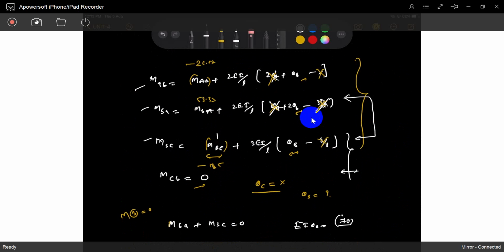So now you see, we have reduced the indeterminacy from 2 to 1. How can we eliminate the requirement of theta C? We eliminate the requirement of theta C based on the slope deflection equation. How can we write it? The modified slope deflection equations are these two. How to modify? We reduce. We delete the fixed end at the farthest end. We relate the fixed end to a hinge end.